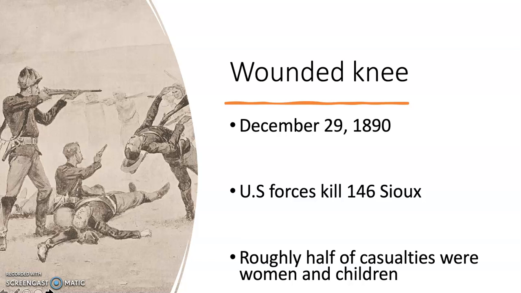The Wounded Knee Massacre took place on December 29th, 1890. Historians dispute whether or not this should be called a battle or a massacre. The argument for this being labeled a battle is that, based on first-hand accounts, a Sioux individual fired the first shots at the U.S. forces, and they were acting in self-defense, so this should be considered a formal exchange of gunfire and an act of war.